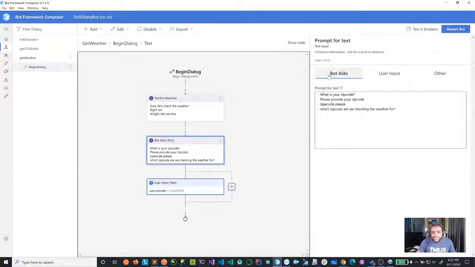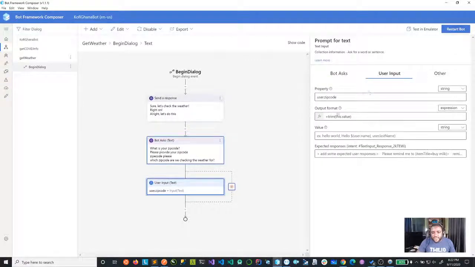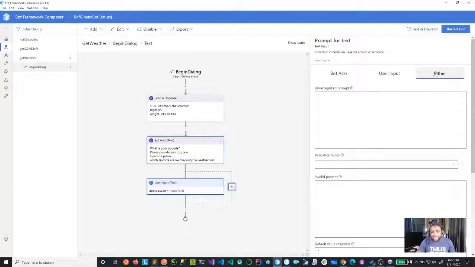When I click this, as you can see, bot asks user input. There you go. Trim, there's user.zipcode. Now, we mentioned the other tab here. This is where you're going to specify the unrecognized prompt. So let's say we're expecting a zip code and the user is entering something that